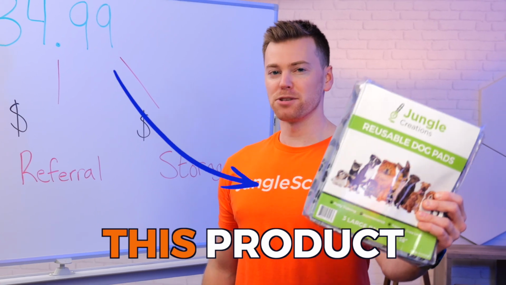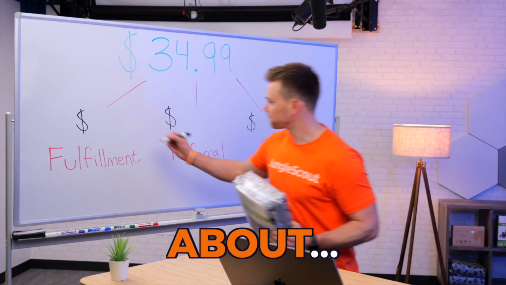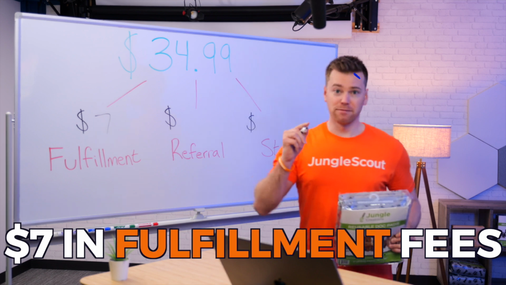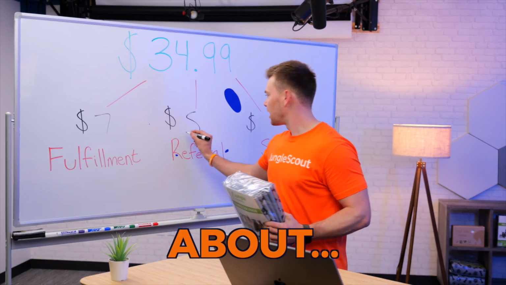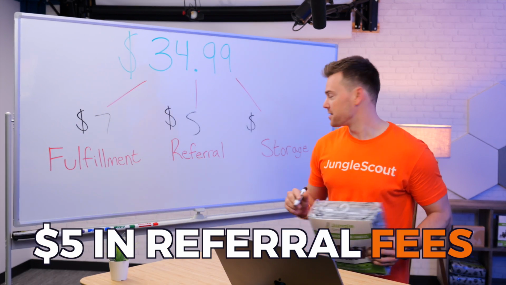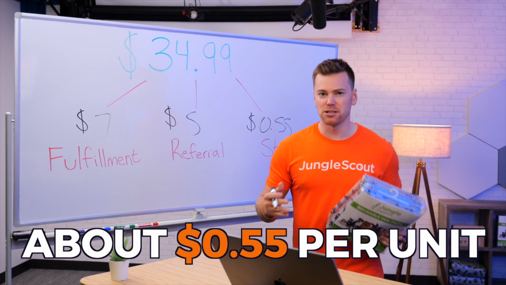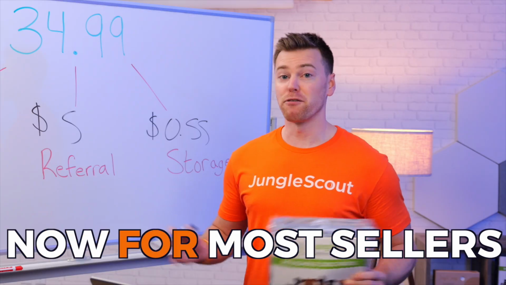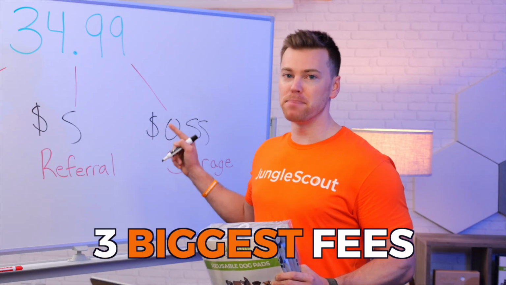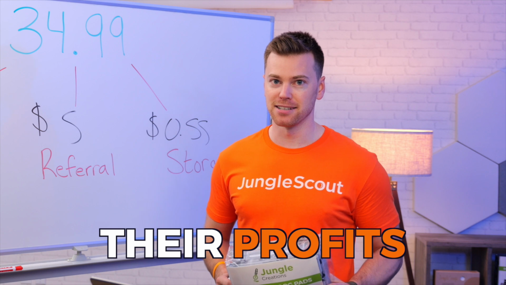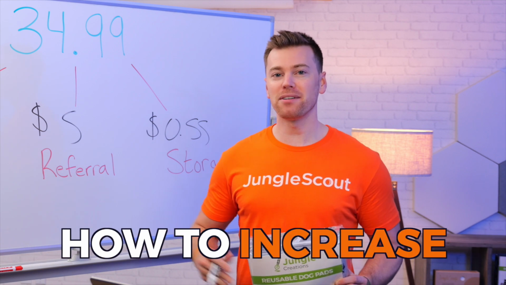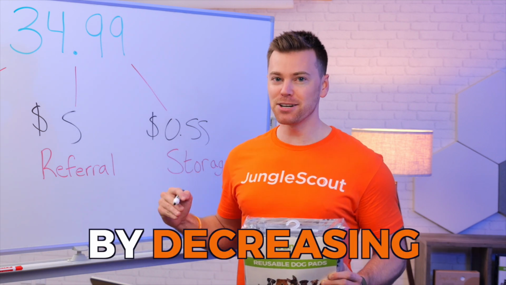Each time we sell this product, we pay Amazon about $7 in fulfillment fees, about $5 in referral fees, and on average about 55 cents per unit on our storage cost. Now for most sellers, these are the three biggest fees that are impacting their profits. But by the end of this video, you're gonna know how to increase your margins by decreasing each of these